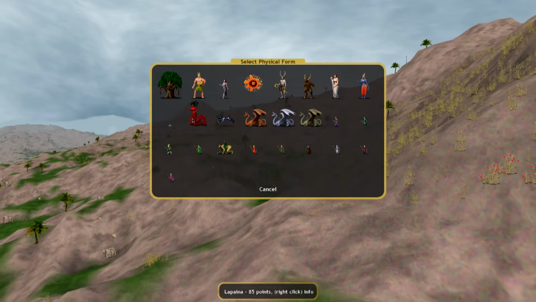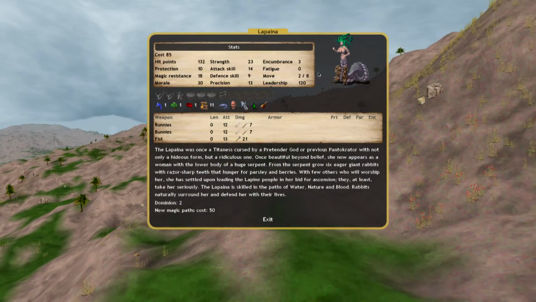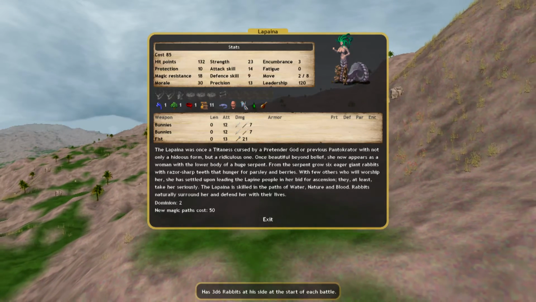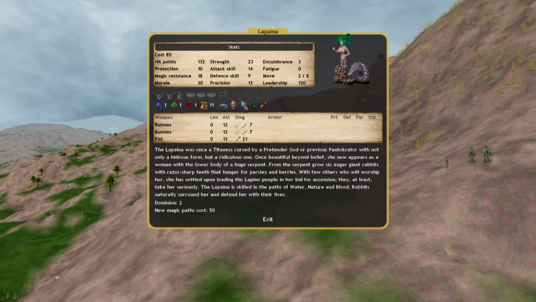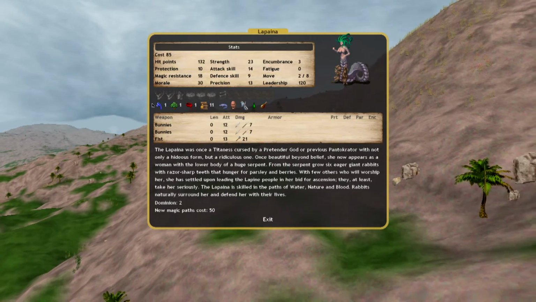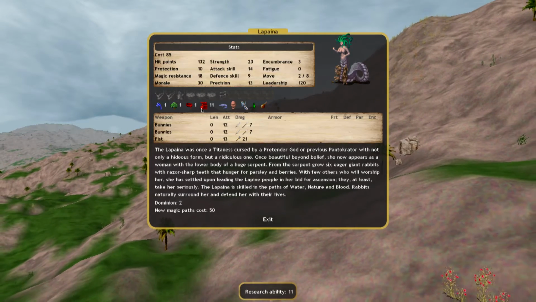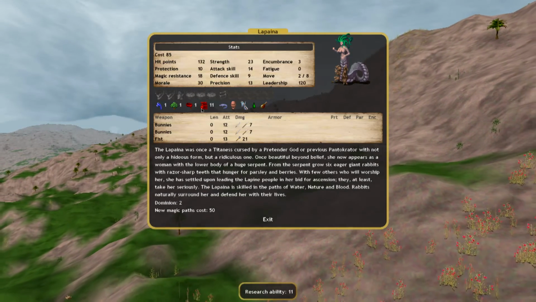So now we have the Lapina, which I know there's a real pretender who looks sort of like this, but I think Globu went and changed it so there's little rabbits coming out of her. I think maybe before it was little wolves or little hound dogs, and that is water, nature, and blood. So again, a really nice chassis for a bless if you're into that sort of thing. And